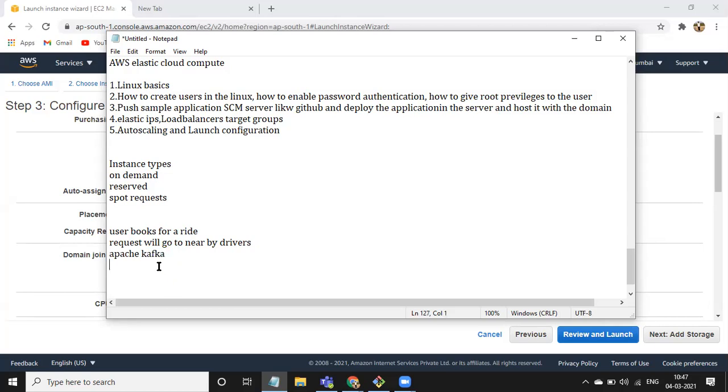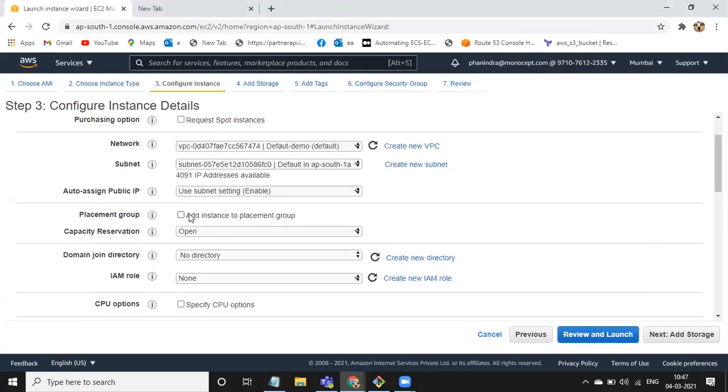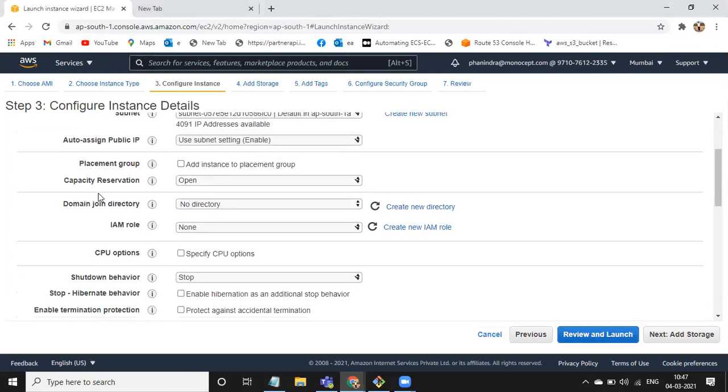To maintain Kafka, for example, if they are maintaining 5 to 10 Kafka servers, they will keep all those servers in a placement group so that they get higher communication between the servers. So we use a placement group for that, and we are already using an internet gateway. By default, servers in different availability zones can communicate with each other, but for higher communication we use placement groups. As of now, I'm not using any IAM roles.